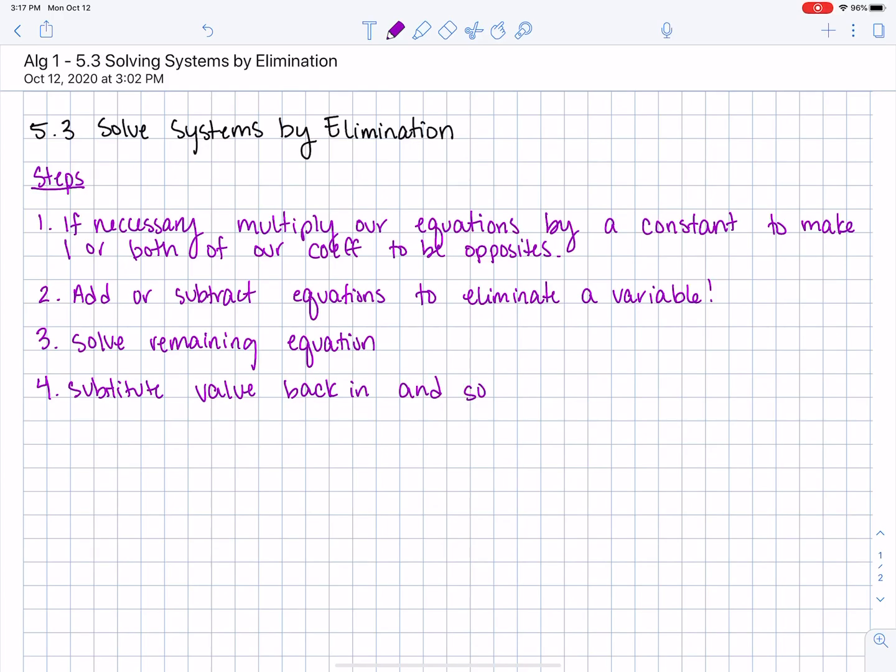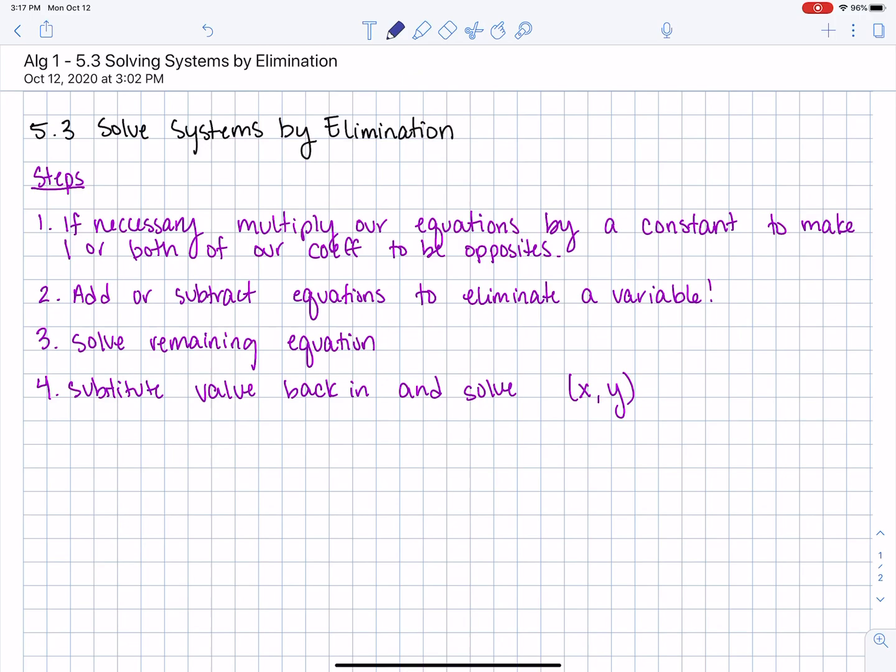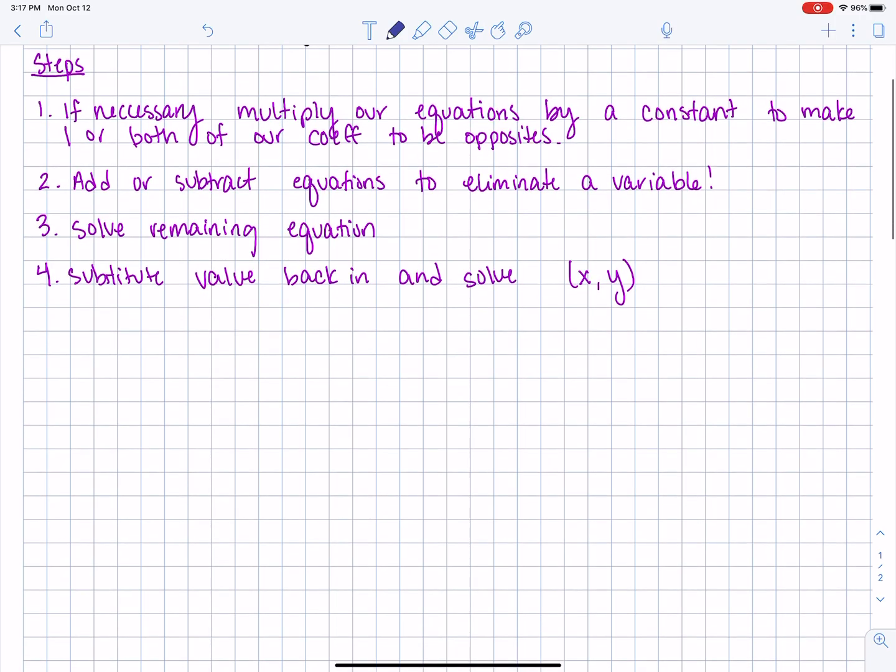Because you need to have an x and a y, right? So if you solve for your x, you need to have your y. And if you solve for your y, you need to have your x. So on this first example that we are going to work through, you are going to see all of these steps in action. All right, we're looking at the system of 3x plus 2y equals 4, and